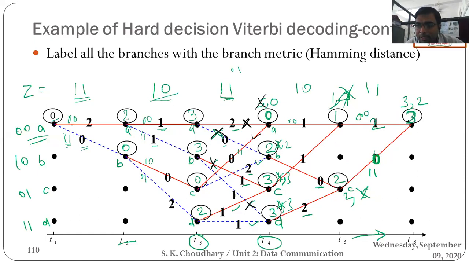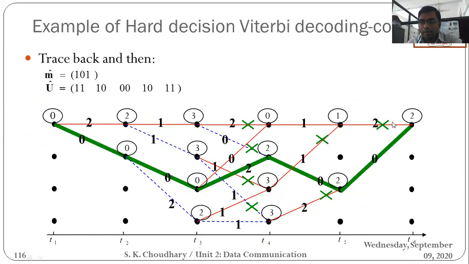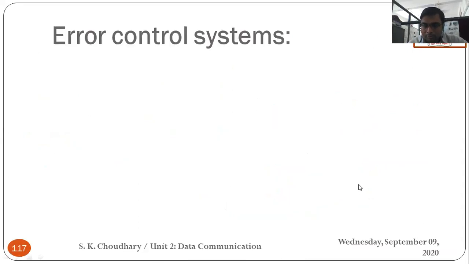So what is the surviving path? Surviving path is 2 only. So you would follow this path and this path would be discarded. Okay. So in this way, if you would be reverse tracing, which is the last path? You have to follow this way. In this way actually. So what is the last part? 2. You have to follow the last part. So you have to take this path.